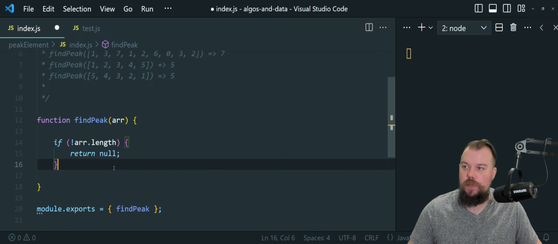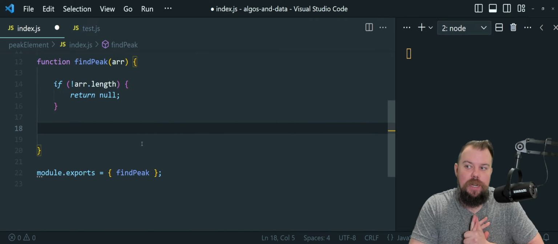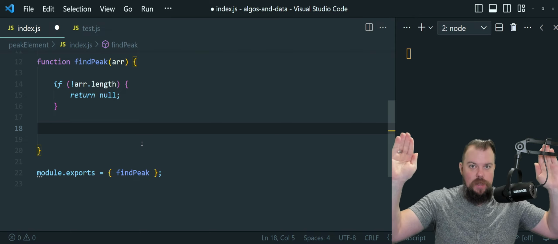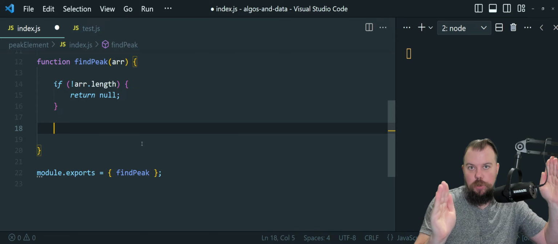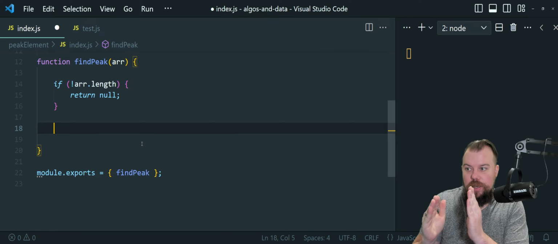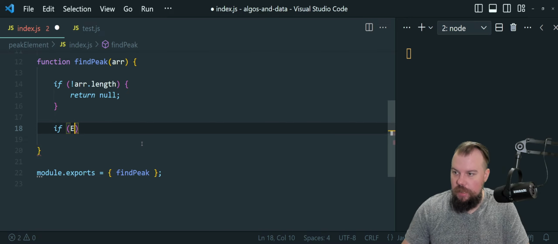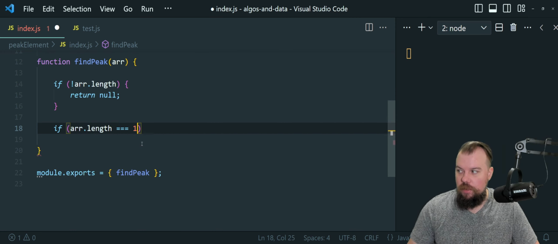So boom, quick little edge case we can throw out right there. Like I had mentioned in our little mini analogy with a line of people, if I start at the first and last people and notice that they are whatever height, and if the person to the right of the first is short, boom, we're good to go. Or if the line is 2 people, we can find a peak very quickly as well. So we can say, or 1 person rather, if the array length is 1, or if it's a line of 2 people,